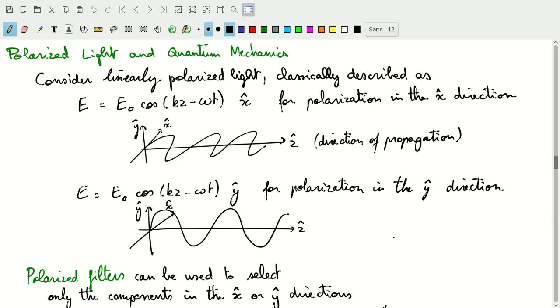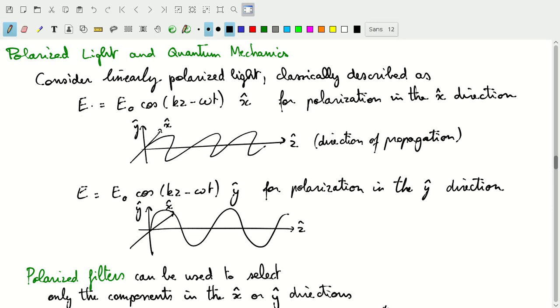In the previous video, we went over the Stern-Gerlach experiments for spin separators through gradients in magnetic fields and polarized silver atoms. So in this video, we'll talk about a similar situation through the use of polarized light. So we'll consider to start linearly polarized light, which in classical electromagnetism is defined by having an